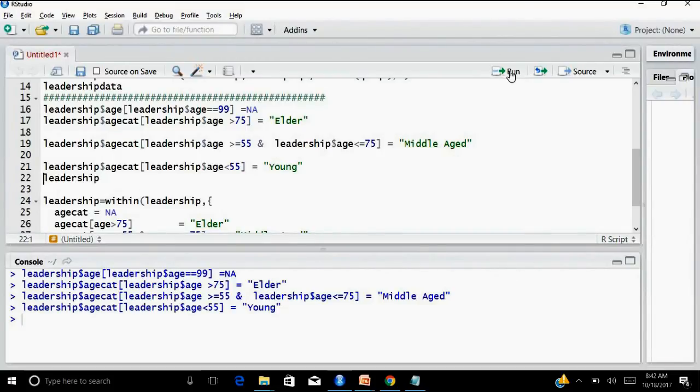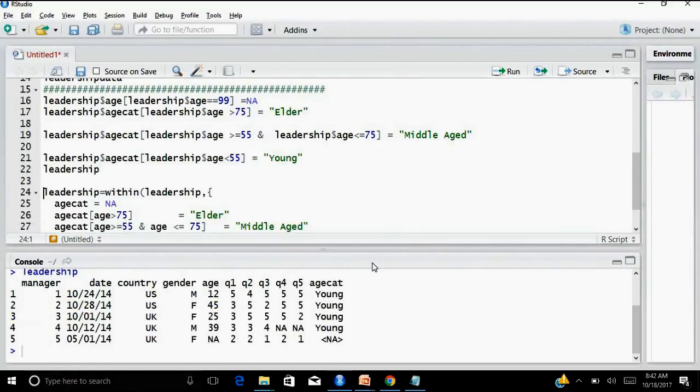Now if I retrieve leadership, let's see. Now you can see I have a new variable called age_cat, and according to the age, I'm getting this. See, age 12 young, age 45 young, age 25 young, age 39 young.